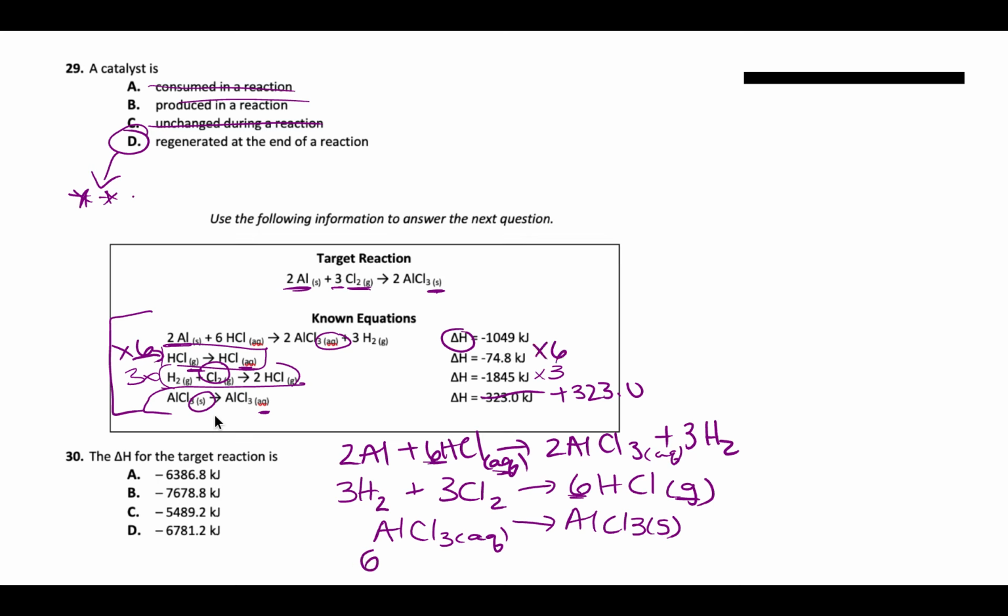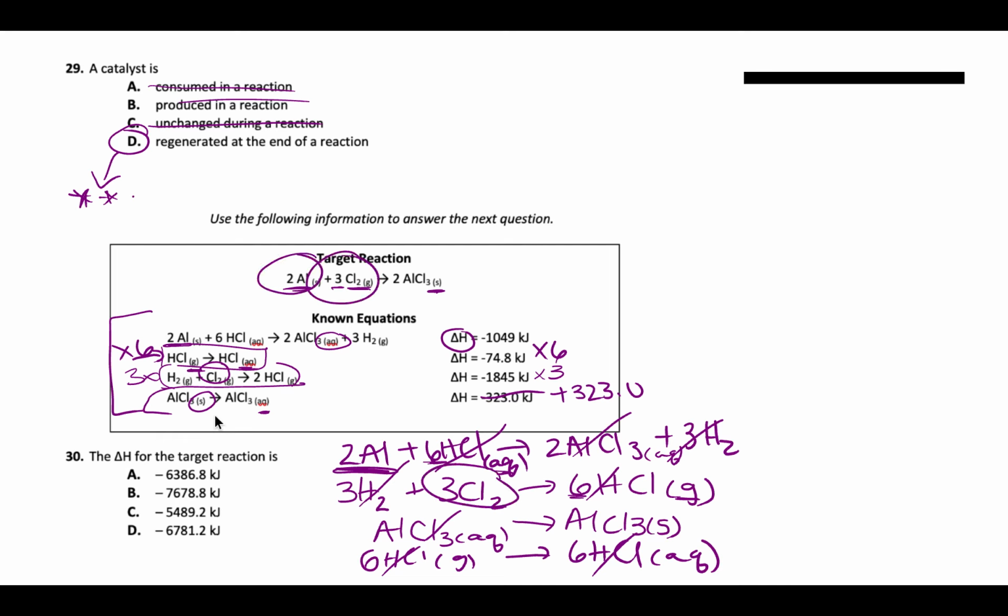So I'll have 6HCl gas, and 6HCl aq. So now everything is where I need it. You should see things canceling wonderfully. Aqueous, aqueous, H2, H2, and then you should be left with your target, which is 2Al, which we have, 3Cl2, which we have, and our last one,